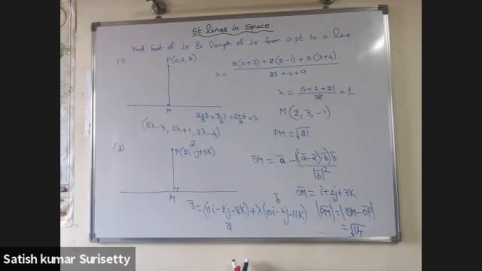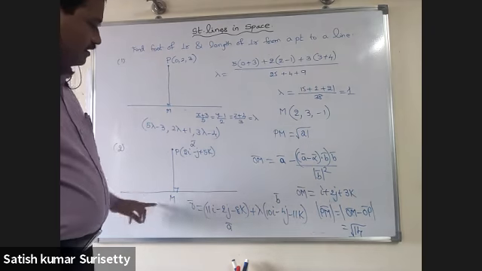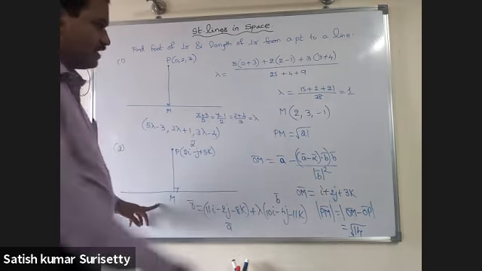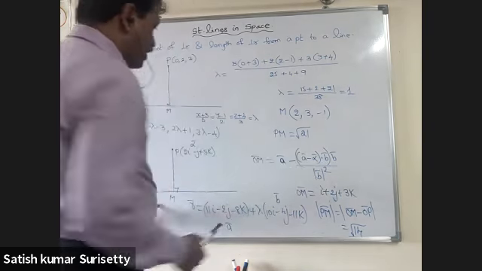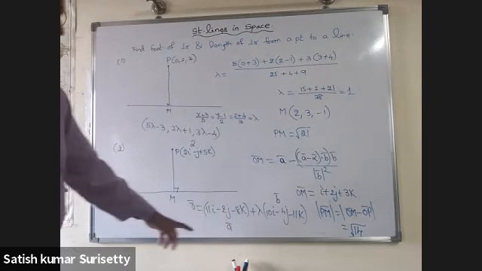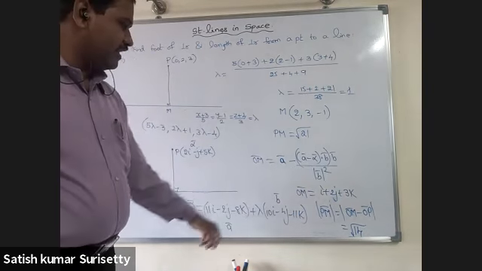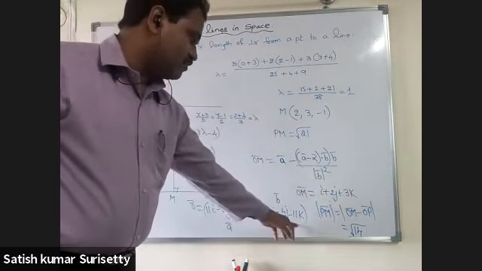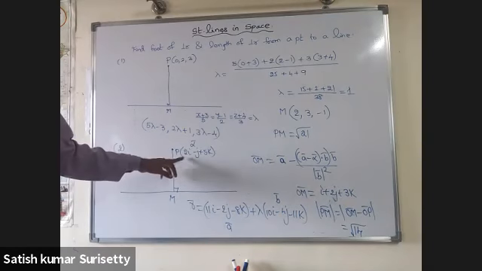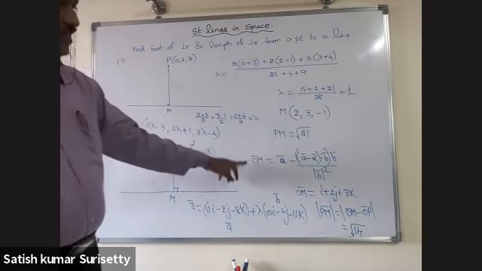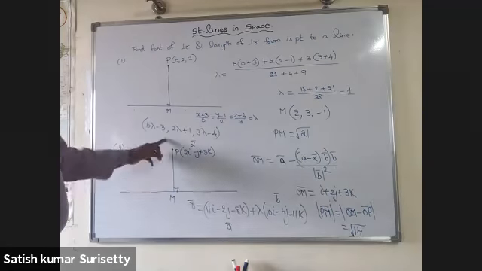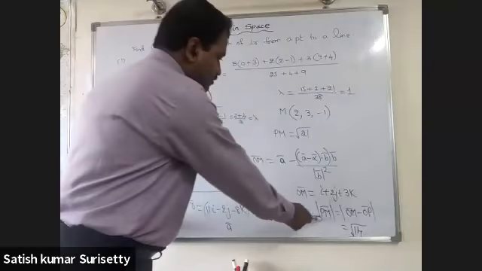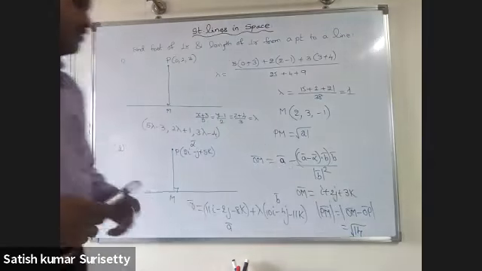So in the vector method, we can write the position vector of the foot of the perpendicular from P to the line, M, directly as a bar minus ((a bar minus alpha bar) dot b bar) into b bar upon modulus of b bar whole square. Where a bar is 11i minus 2j minus 8k and b bar is 10i minus 4j minus 11k and alpha bar is 2i minus j plus 5k. So if you substitute and simplify, you'll find i plus 2j plus 3k, and the length of the perpendicular, modulus of PM bar, is root of 14.